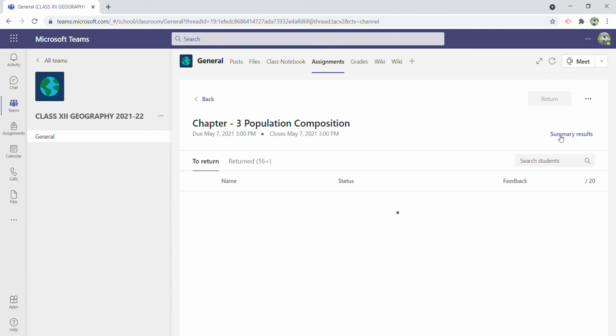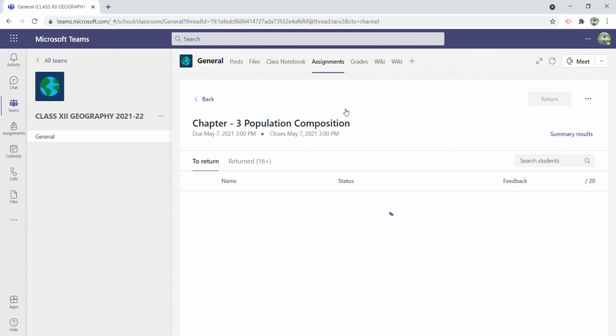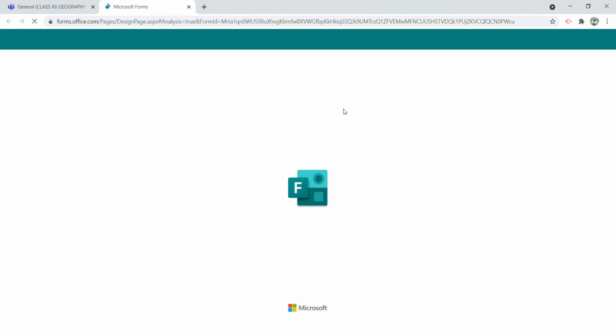When you check the summary result, you can easily see how many students finished their assignment and which question they did very well. This will happen after checking. Once all the students submit their assignment, you can easily check them in Google Forms, and you just have to click the assignment and it will automatically take you to Google Forms. You can easily check it. If you find any problem in checking assignments in Google Forms, let me know. I'll send another video tutorial.